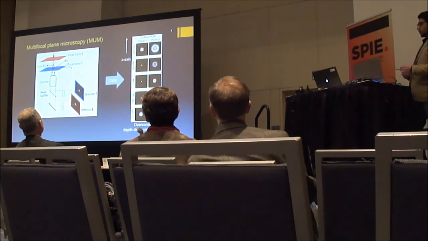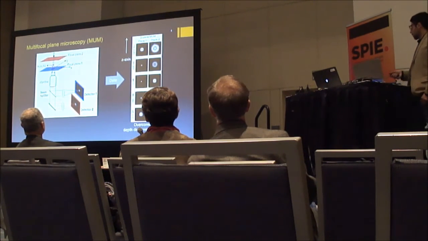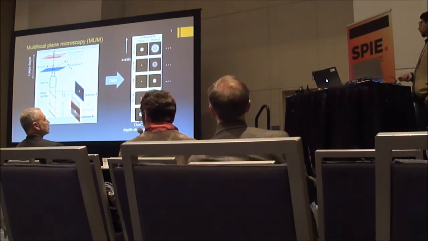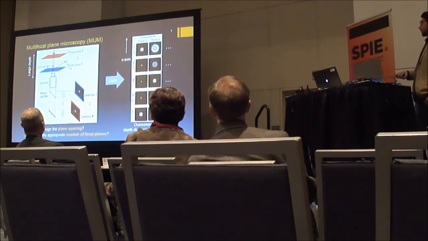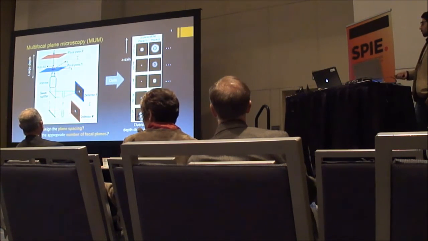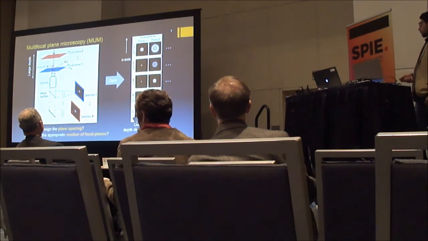So using this, we could estimate the Z position more precisely, and that means we can actually overcome the depth discrimination problem of conventional microscopy. Now this is just a two-plane MOM setup, but there is no limitation. We could increase the number of planes to P planes simply by adding more beam splitters and more slightly shifted detectors. So this implies that we can actually cover a large depth if we increase the number of planes.